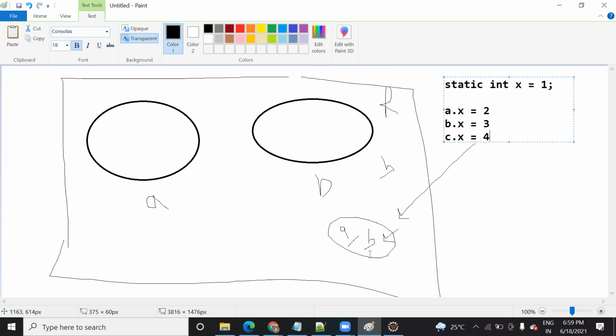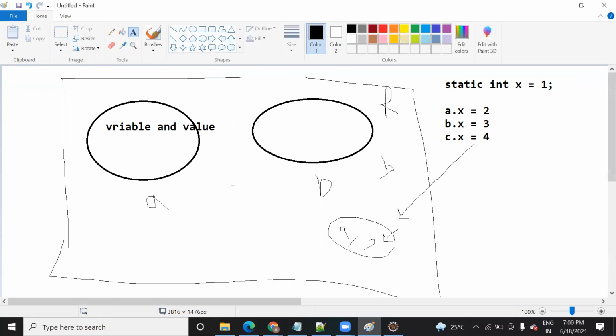So try to explain in this way how you create an object. Inside the object you hold a variable and value, and this is your object name. Explain how it occupies space in memory and how you take the reference. Explain in this way in the technical round when they ask you to explain on pen and paper. You need to explain with a proper example. Yeah. Okay.